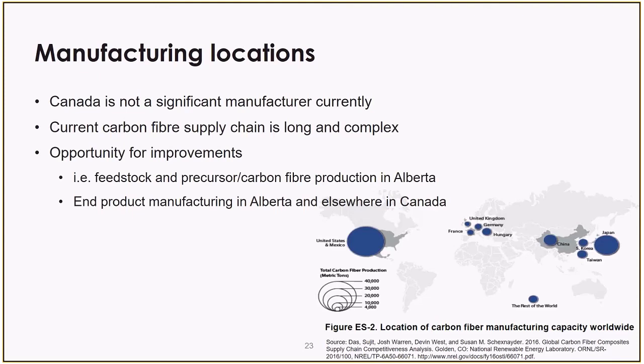And so you can see that is a tremendously long, truly global supply chain. With the potential advantages of using Alberta asphaltenes from bitumen in Alberta for the production of carbon fibers, we could dramatically shrink the length and size of that supply chain. We envision the potential not only of producing the feedstock, but precursor and carbon fiber production in the province, with end product manufacturing in Alberta or elsewhere in Canada. This could supply the entire North American and also some offshore markets with carbon fibers, dramatically reducing the cost and localizing that supply chain. So we see tremendous opportunity here for manufacturing, which would help also to diversify Alberta's economy.